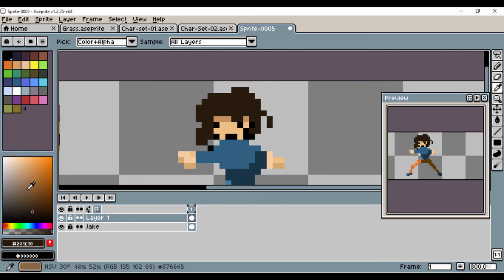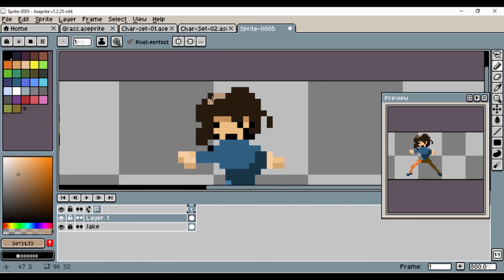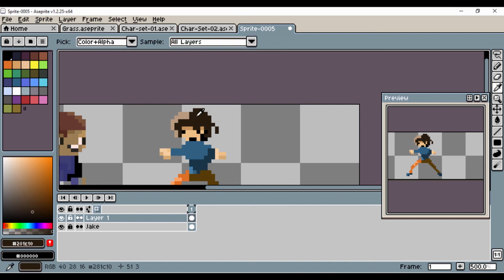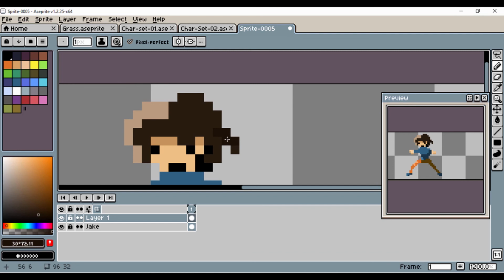So for the hair lighting, I'll just use a light value right here at the edge of the hair, like so. I don't want these pixels, I'll just delete them. Even get rid of this pixel, like so. Now let's continue adding our highlights. And then for our shadows, let's just darken this a bit and then jump towards the edge right here and just add some shadow to our hair,